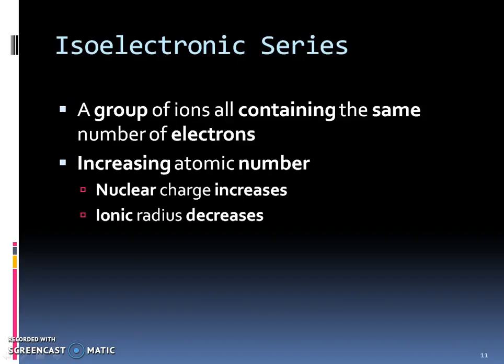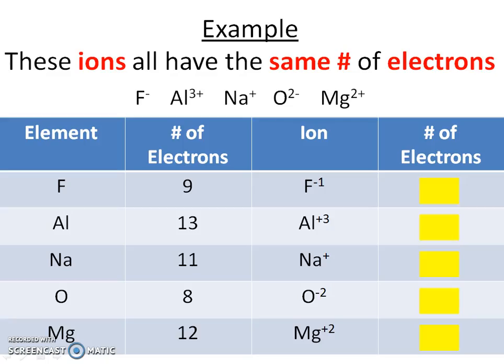Isoelectronic series, that just means that you have an ion or a group of ions that have the same number of electrons. So if we look here, all of these ions, F-1, Al+3, Na+, O-2, Mg+2, they're all going to have the same number of electrons. So they're called